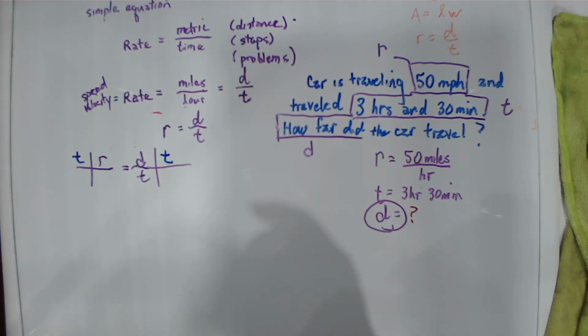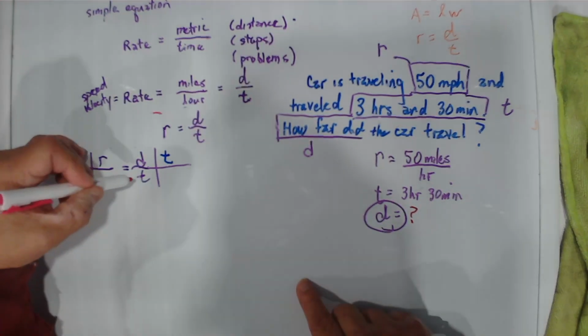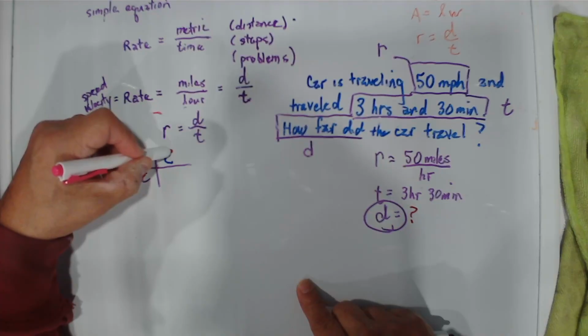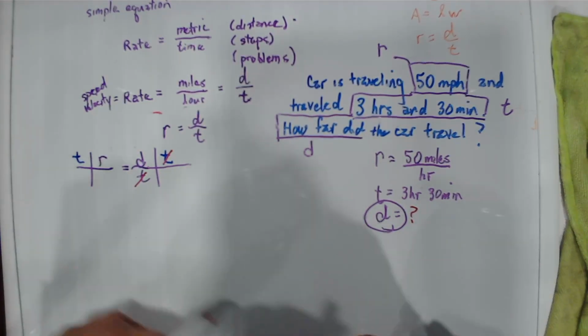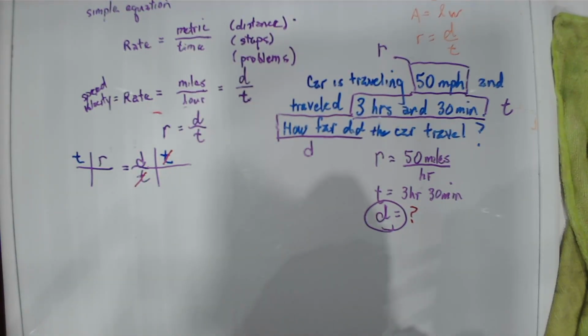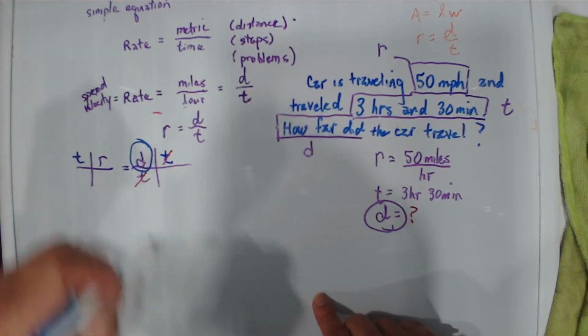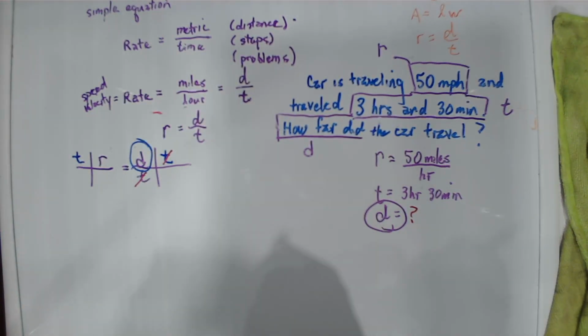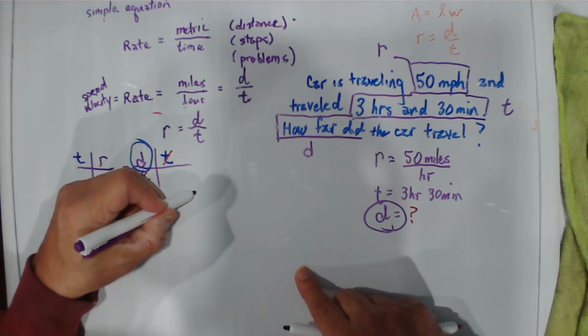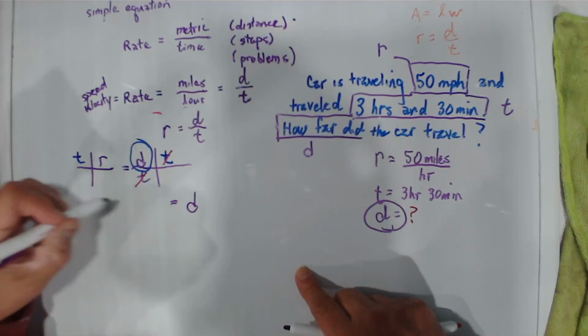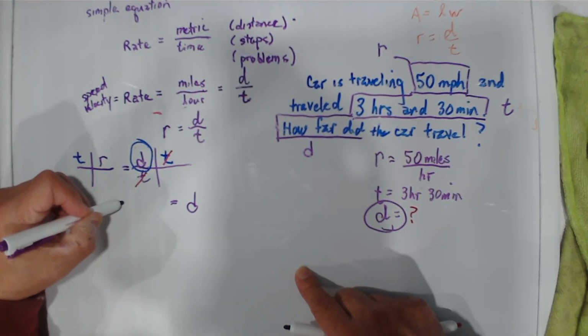And what happens now? Well, that's right. Your T's are going to cancel out. And look at what you have. You have D by himself, which is exactly what we want. So I'm going to write that over here as D equals rate